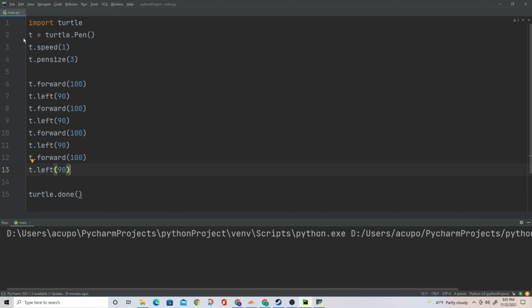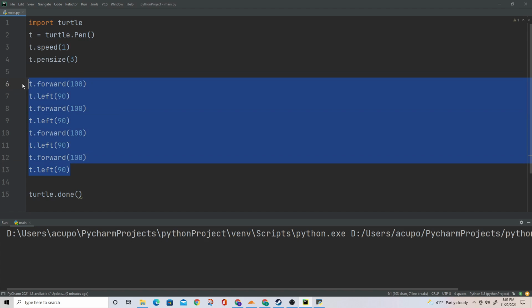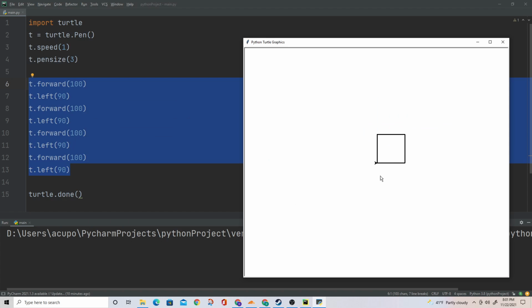Well, you may have noticed that when we create this turtle object, we use this .pen thing, and we can change the pen size. So what does pen mean? Well, the trail that this turtle is leaving, you can imagine as like a pen writing on a piece of paper, right? So what if I wanted to lift up the pen and then place the turtle somewhere else